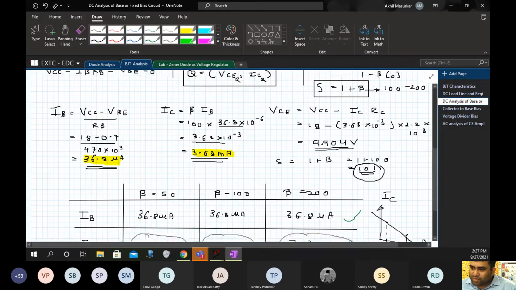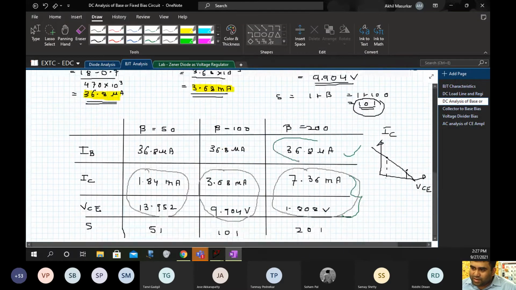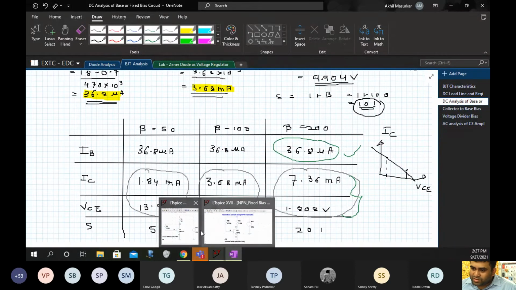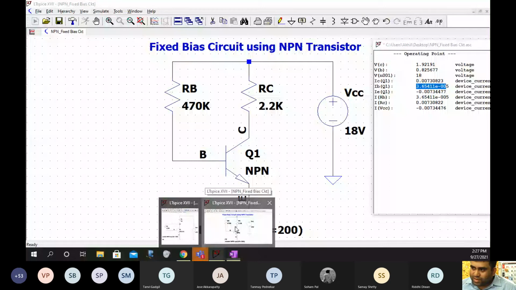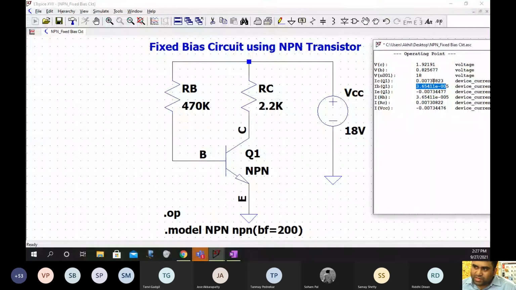So in our problem also we have 36.8 microamperes. Then IC was 7.36 milliamperes. So let's see here how much it is. It is here 7.308. Some small variation is there. And VCE is V of C minus V of E, but V of E is 0.